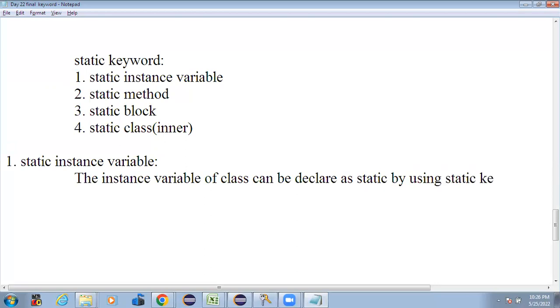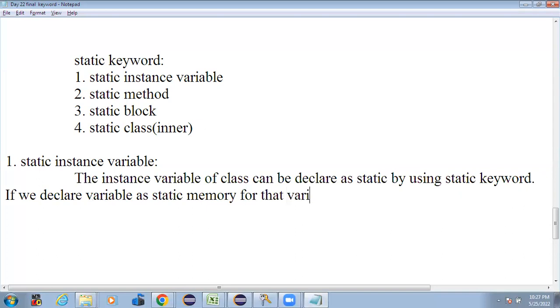Okay, so what can we say about this? If we declare a variable as static, memory for that variable